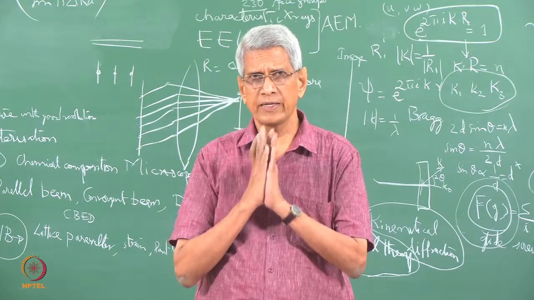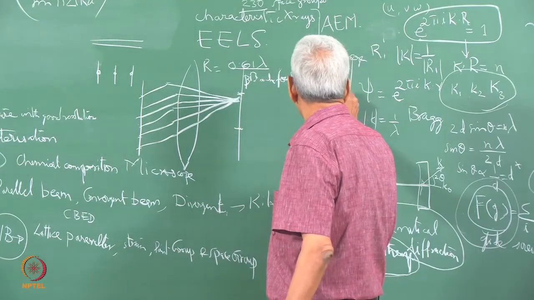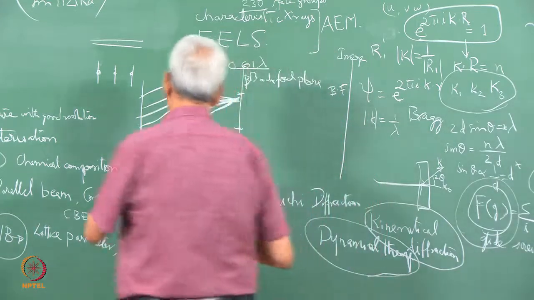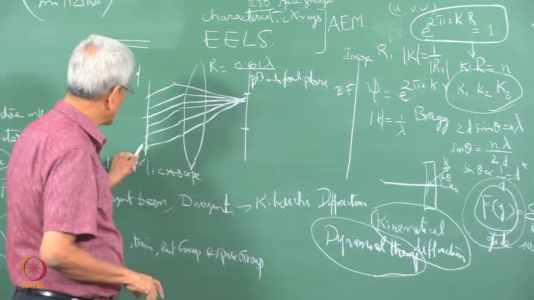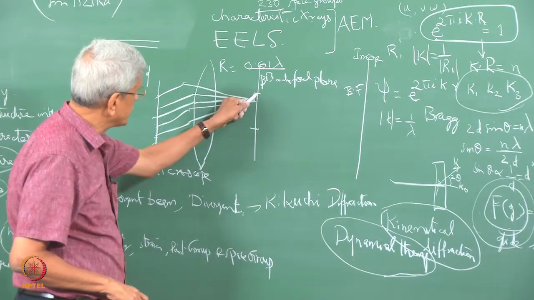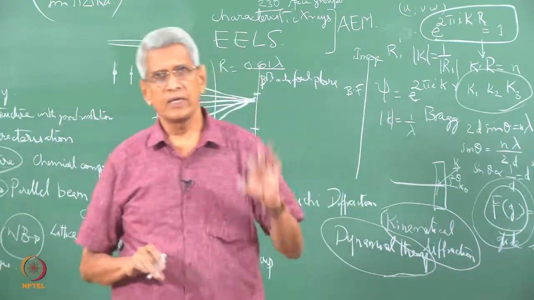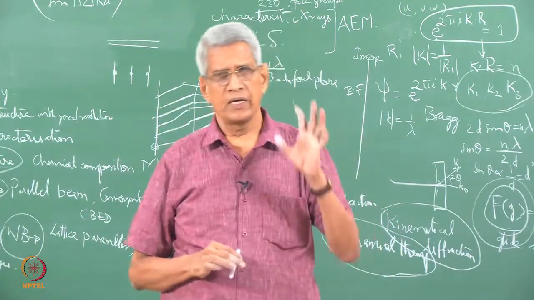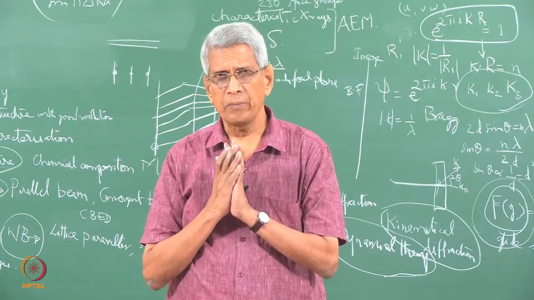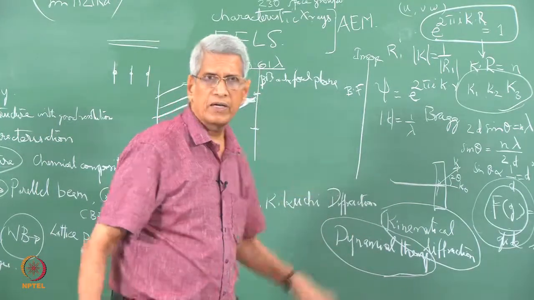If we use only the central beam, the undiffracted beam, then we call this a bright field image. And if we use any of the diffracted spots, because from some particular region more diffraction is taking place, that region will appear bright in the image. Correspondingly, in the bright field image, that region will appear dark. So, normally bright field and dark field are complementary to each other. All the details of these aspects we have covered in the class.